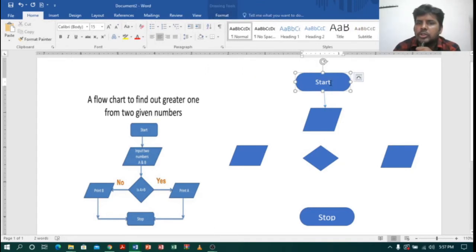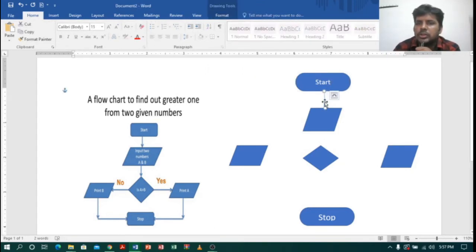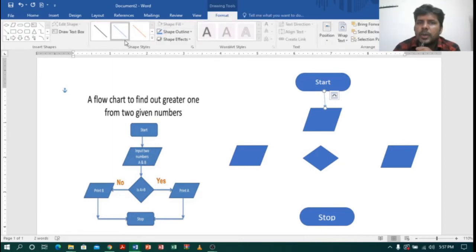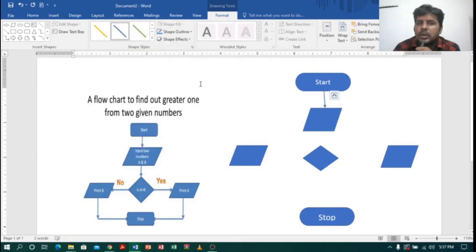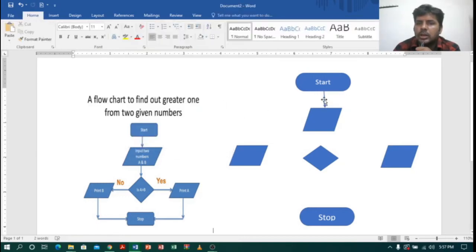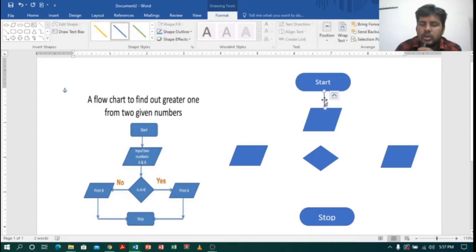But when you click on shapes or any of the shapes, immediately you'll get a format option. Nice, right? So again, click on format, select. So I will just select the thick one. Okay, nice. Again, I want another 1 2 3 4 5 6 7. So I will just say Control C, and how many can we paste? So let me say Control V 7 times. So 1, 2, like that we can do it.